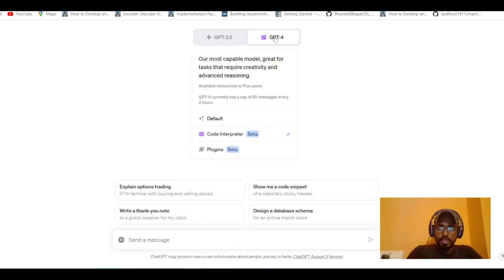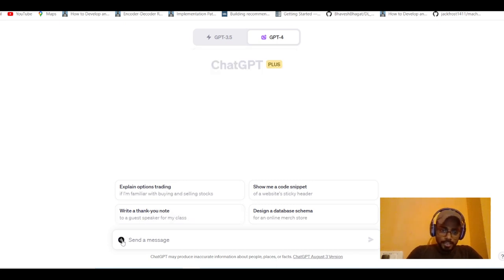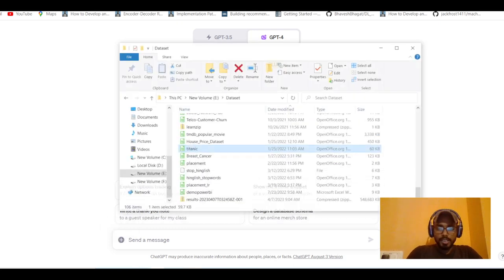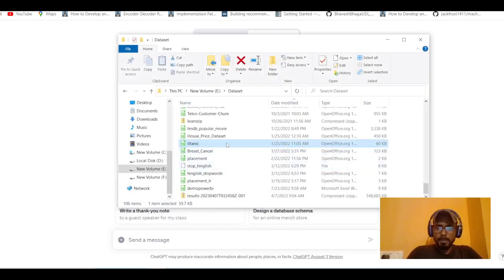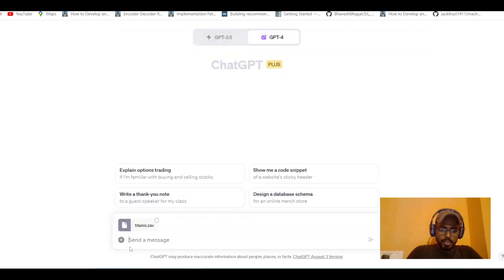So let's do it, and you will see the power of that code interpreter. First of all, you have to choose this code interpreter, right? And again, you can see here you can upload a file. So I have a Titanic dataset, which is very basic. And you have to write a prompt simple, like I'm going to write